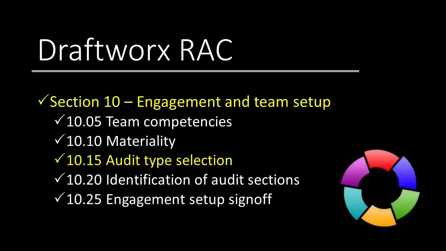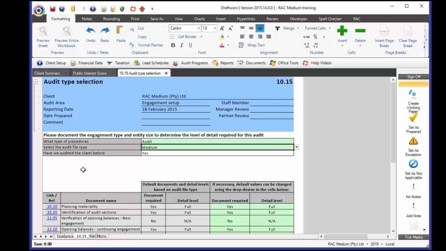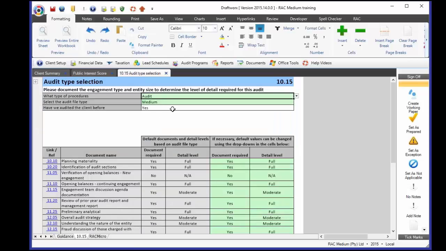What we're going to do next now is the audit type selection, and let me just go through the questions related to 10.15. Now, as I have mentioned before, at the moment, the kind of procedures that are built into RAC, it's just an audit at the moment. We do hope to get a review built into this as well, but that's probably only going to be in